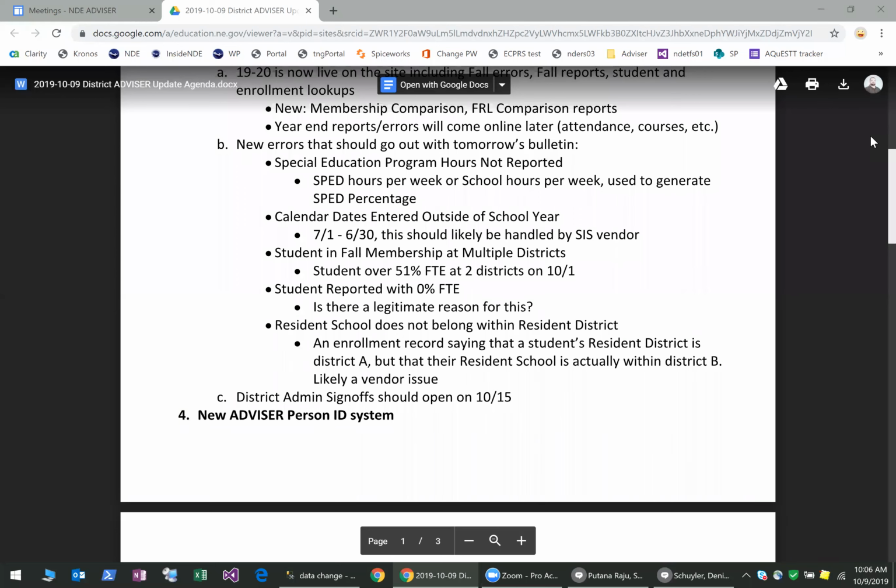One will be special education program hours not reported. That could be either the special ed hours per week or the school hours per week field. We generally expect both of those in order to generate a special ed percentage. I think school hours per week could be 0, but